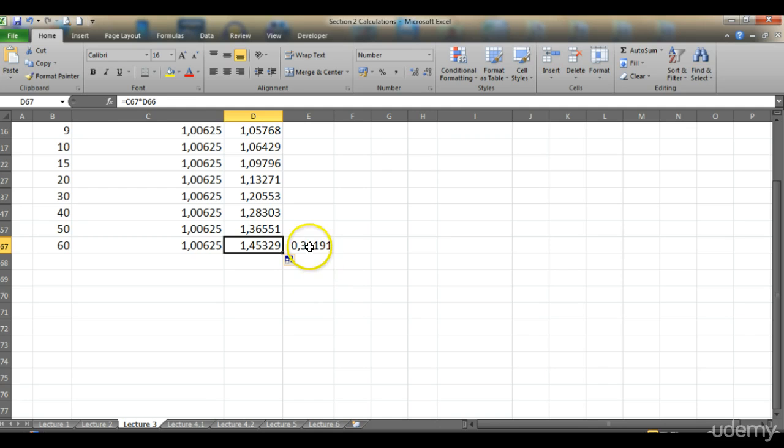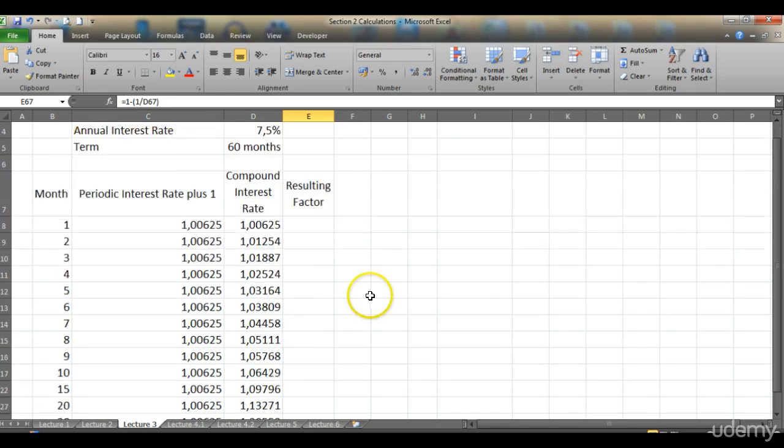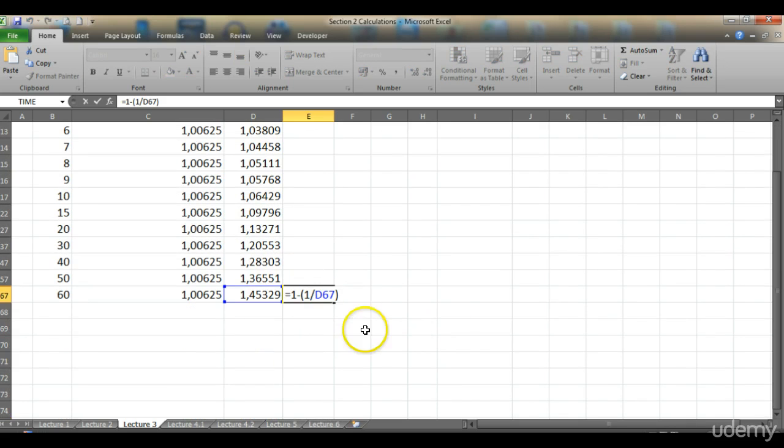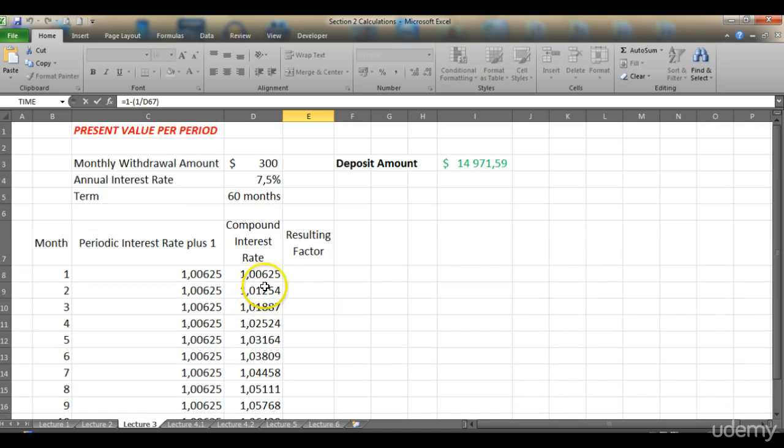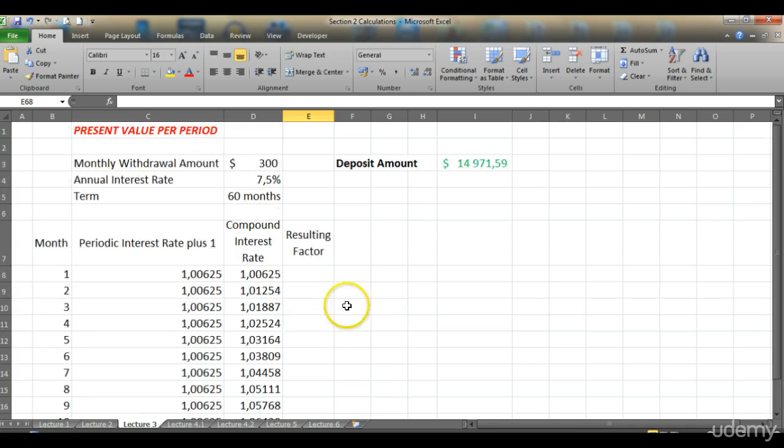Afterwards, we need to find the resulting factor for the entire period, and here we see it's 1 minus 1 divided by the compound interest rate for the last month. Okay, it's 0.31191. And lastly,